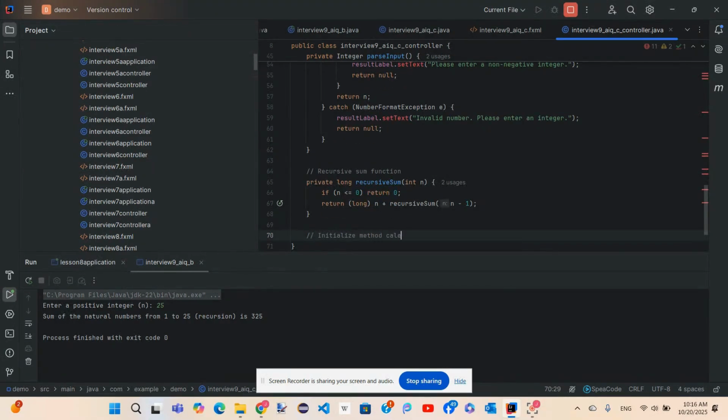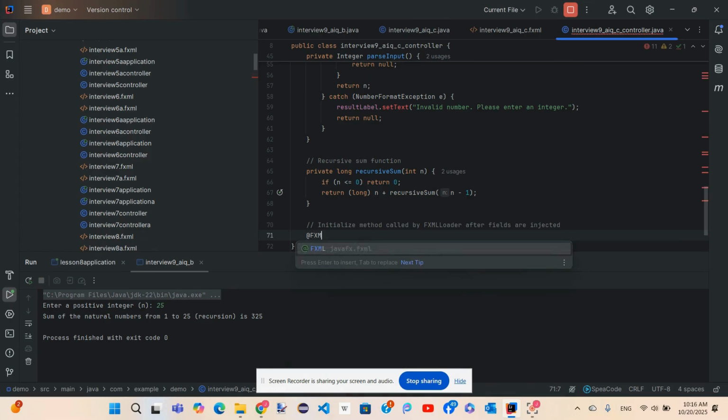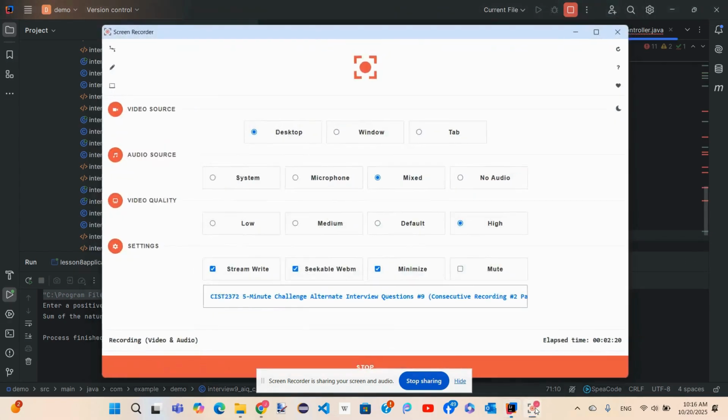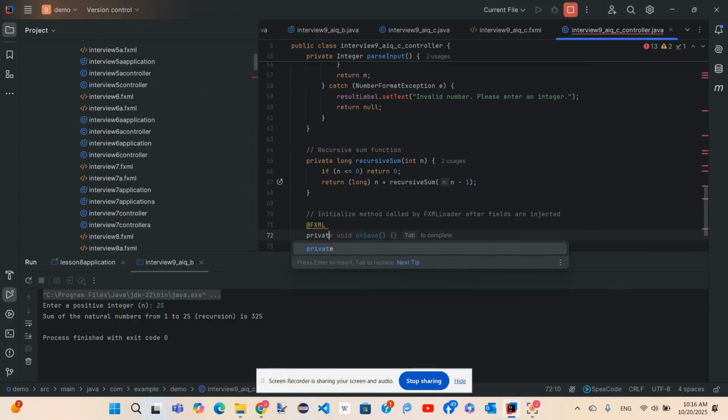Initialize method, called by FXMLLoader after fields are injected. FXML private void initialize.